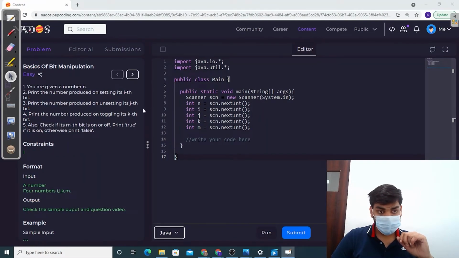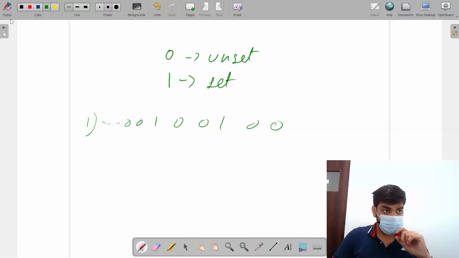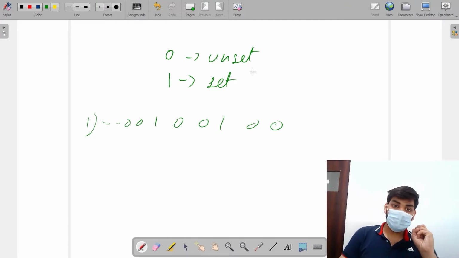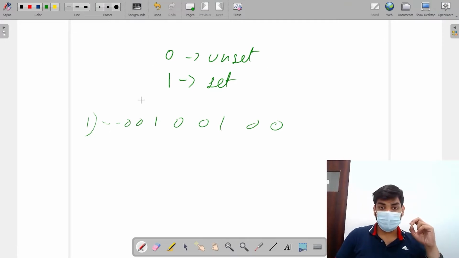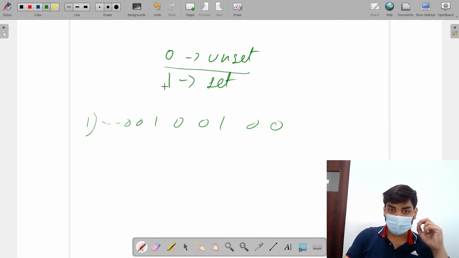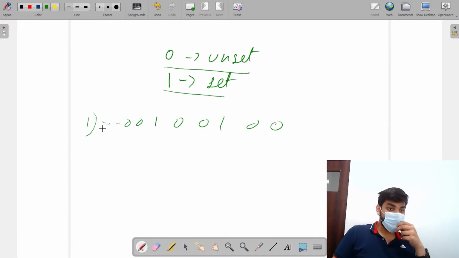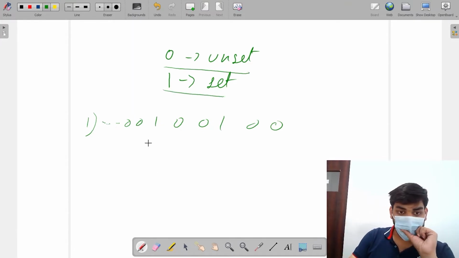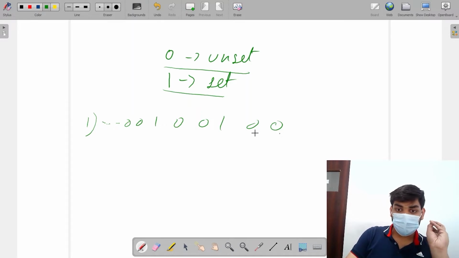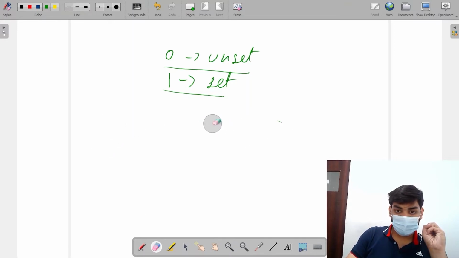So I have already written for you what is set and what is unset. So 0 is unset, 1 is set. Okay, this is for sure. Now suppose this is my number for the first operation we are doing. Let me rewrite it. Suppose I got a number 1 0